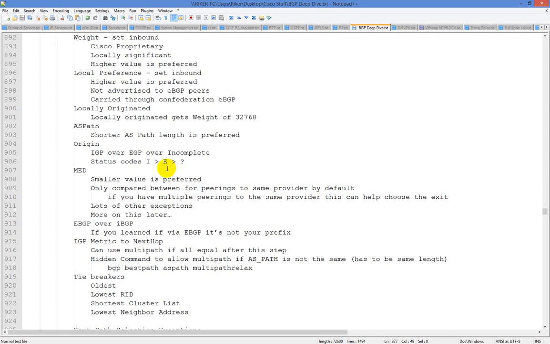Then we have the MED. Now we talked about MED previously in some other videos, but the MED is just simply a metric, and a smaller value is preferred. It is only compared between peerings to the same provider by default. If you have multiple peerings to the same provider, this can help choose the exit. There are lots of exceptions, and I will cover that here momentarily. This is only for leaving the route, leaving the network. It's called the multi-exit discriminator for a reason. How do you want to leave your autonomous system number? Or how do you want to leave your AS? If you want to leave the network via router 1 instead of via router 2,